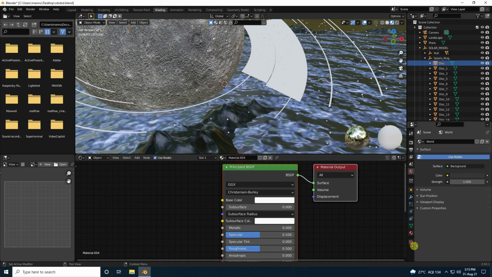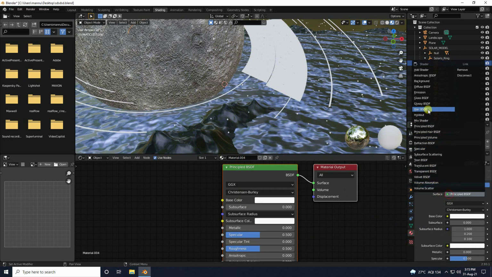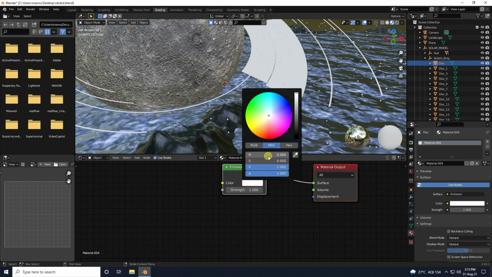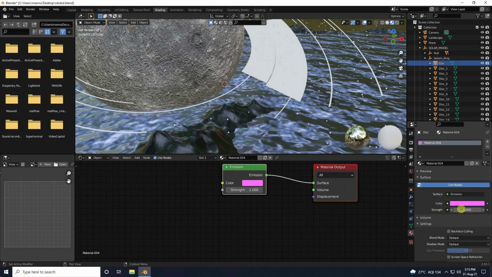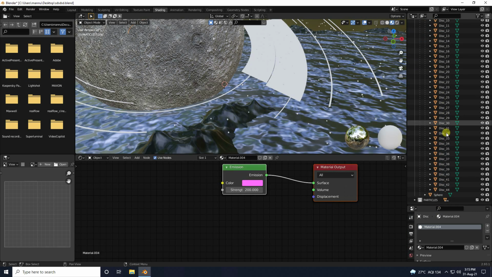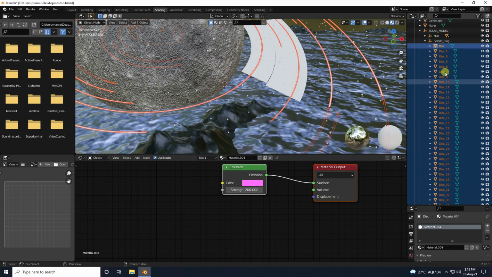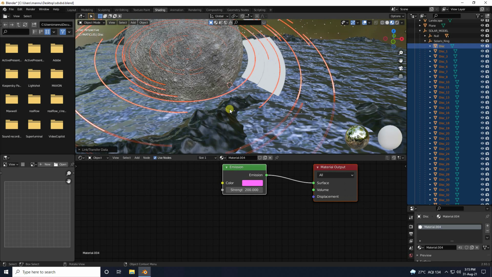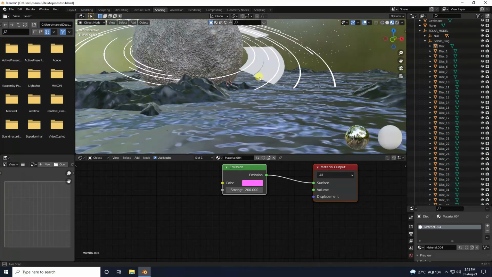So click on here and change material type. I use Emission. Yeah, and guys, emission color I take 0.85 and same 0.85. Yeah, and guys, strength I like 200. 200 is good. So guys, select the first one and Shift, holding, select all, and guys, I go on here, Object, Link, Apply Link Material. Yes, it's good, right?